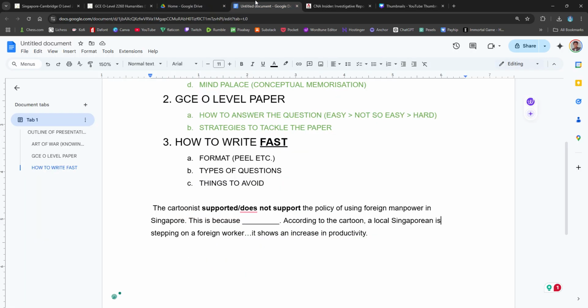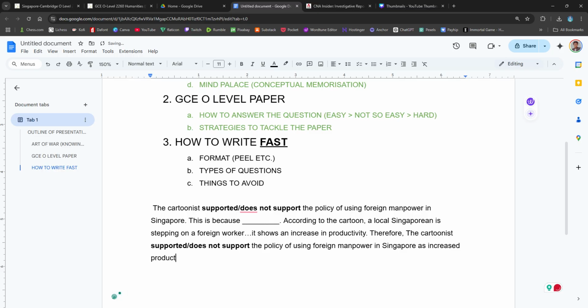And then the last thing you need to do is hence, right? Or therefore, right? You copy and paste this again, and then you put as. Now you need to rephrase, okay? Rephrase the top portion, right? And the because section as increased productivity through foreign workers